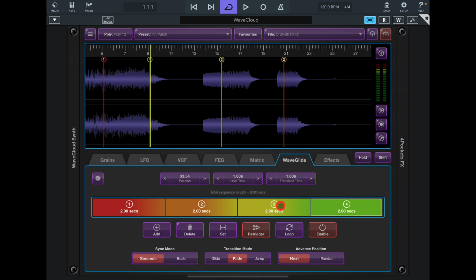Now for each one of these, right, you can either have it glide, fade, or jump. So they can be independent, but just for now, let's put it on glide. So let's choose number 1, glide, number 2, glide, number 3, glide, and number 4, glide. And if I press a key now, okay, if I have loop on,